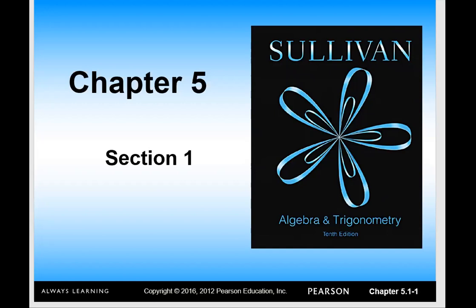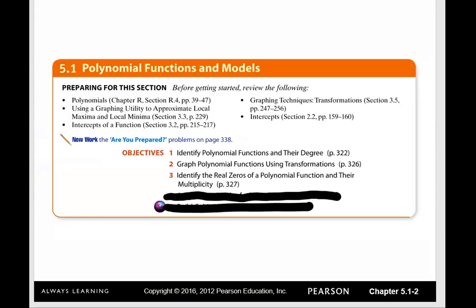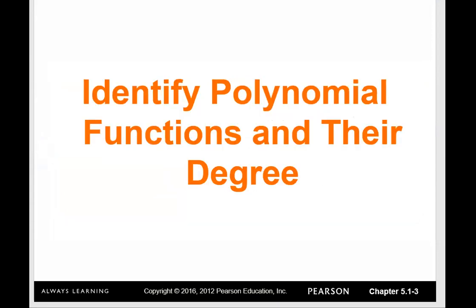All right, well, it's 4:01, so I'm going to go ahead and start. We're covering section 5.1, and I crossed out 2 of the objectives because we aren't covering those. So we're going to identify polynomial functions and their degrees. We're going to graph them using transformations, which we've done before, as I recall. And we're going to identify real zeros and their multiplicity. So objective 1. All right, a polynomial,